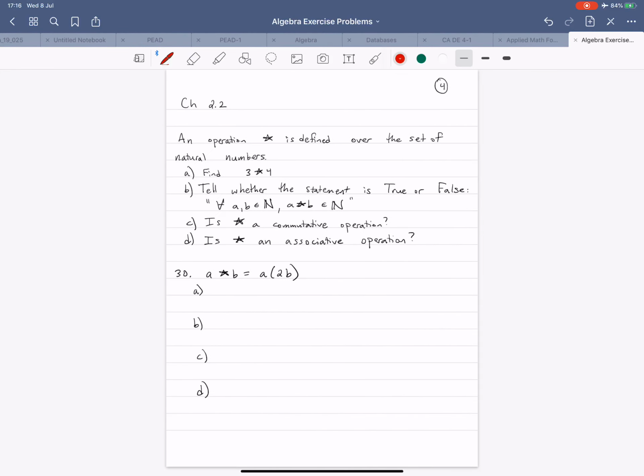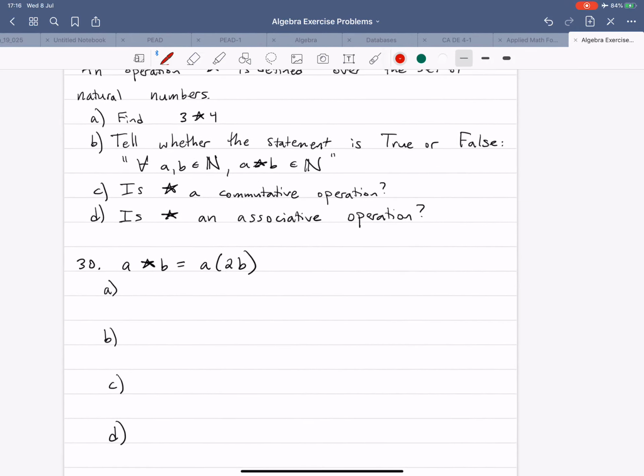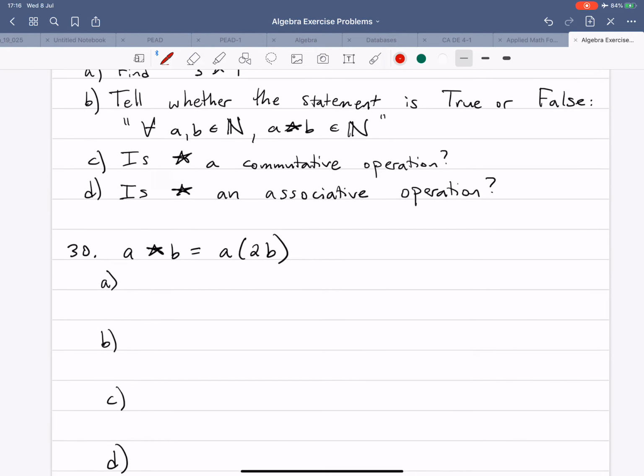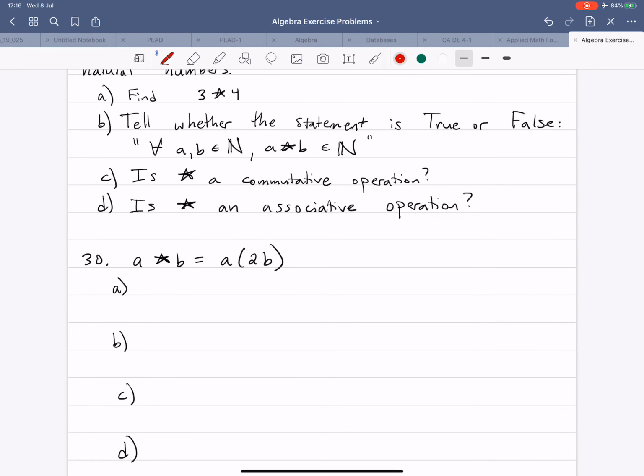Okay. We're going to do number 30 here. Number 30 is talking about a star operation that's defined over the set of natural numbers. And the first thing that we need to do is find 3 star 4